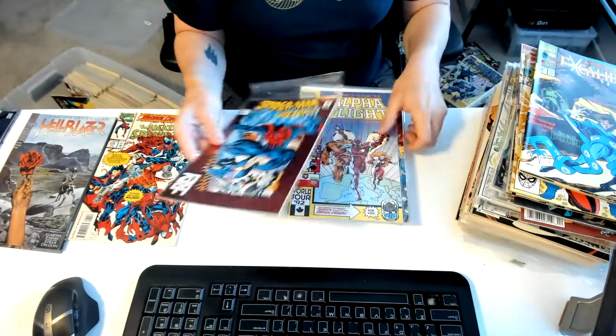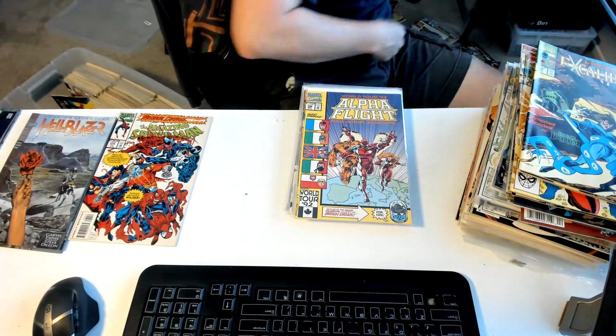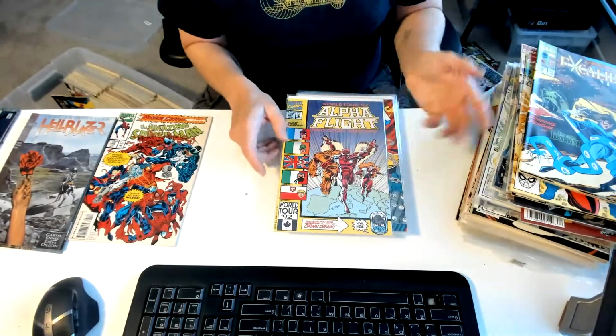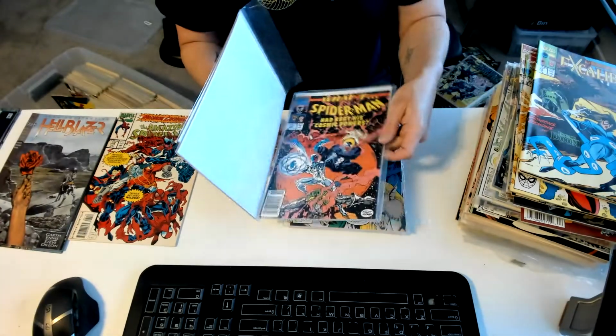Spider-Man 2099, that's cool. Oh, Alpha Flight, that's another book that I had a big run of that probably isn't a fan favorite or worth a lot. And a lot of these later issues, again, had weird art and introduced characters that didn't really fit, but I stuck with it for a while. What If Spider-Man kept the power...